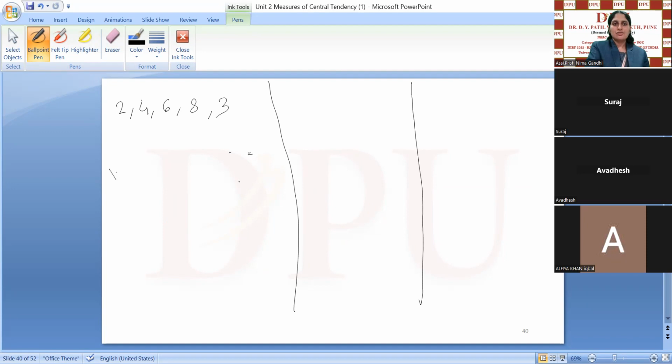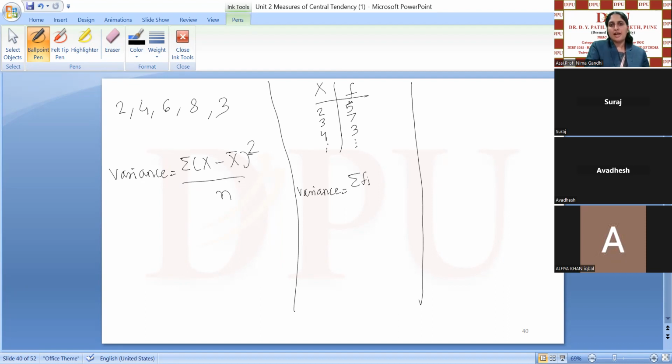Which formula will you use? Variance is equal to summation of (x minus x bar) square divided by n. When you have a group frequency distribution like 2, 3, 4, with respective frequencies like 5, 7, 3, and so on, the formula for variance is